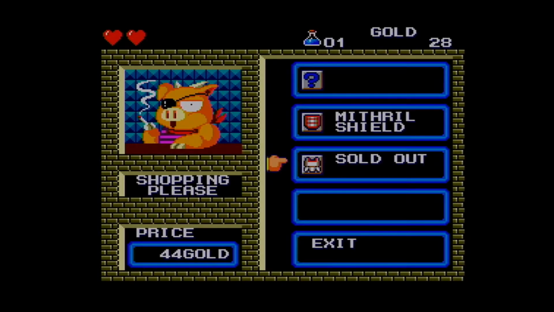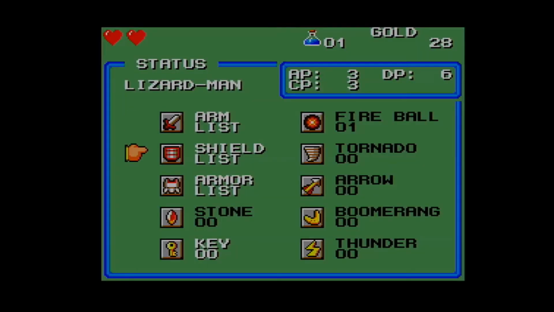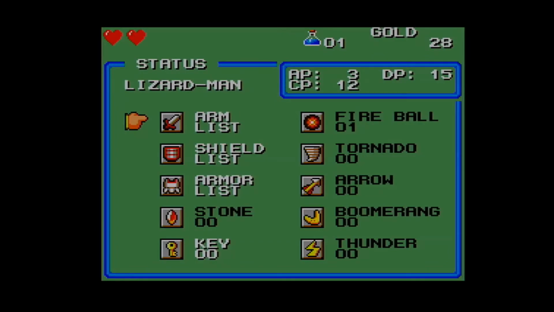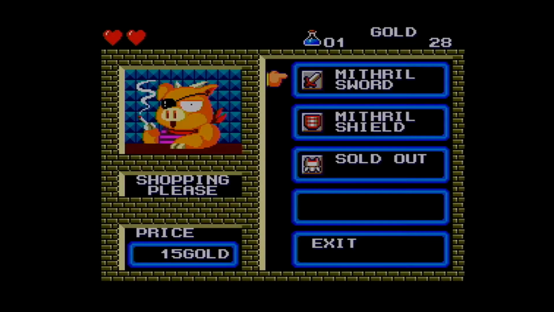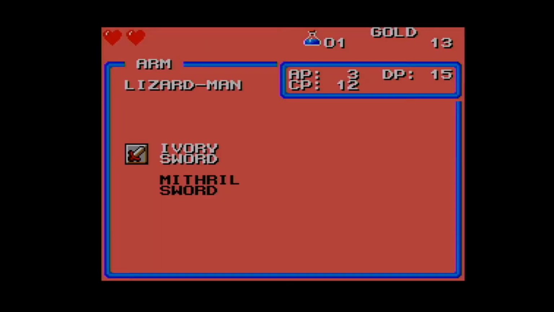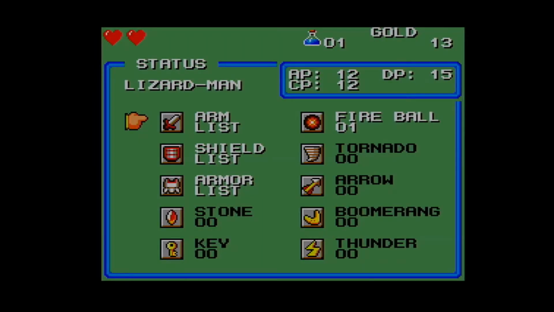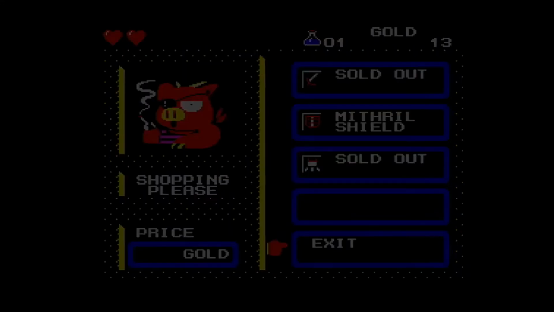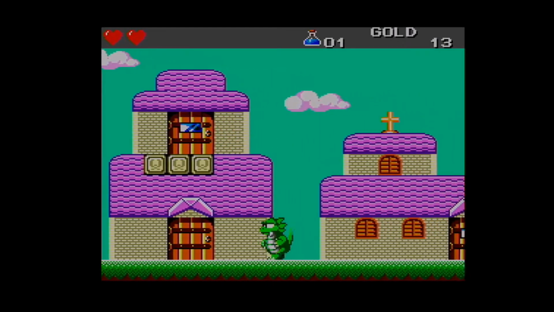Now here we have the first shop. What you want to do here is, well, I like to buy the mithril armor. You don't necessarily have to buy the mithril armor. Then you can buy the mithril sword. You do want to have that, and if you had enough gold, you could also buy the mithril shield, which is 32 gold. At this point, we don't have enough. So we're just going to go and